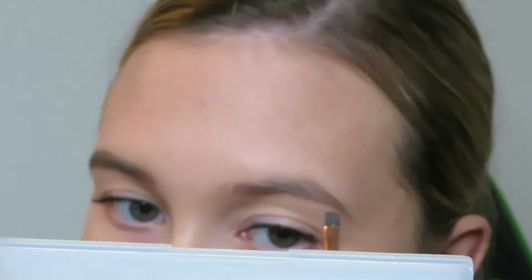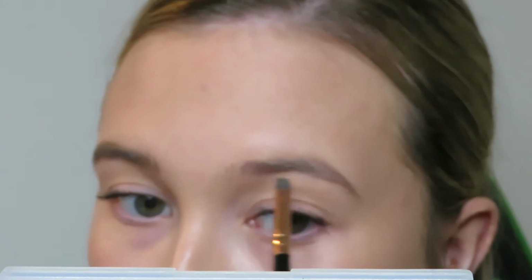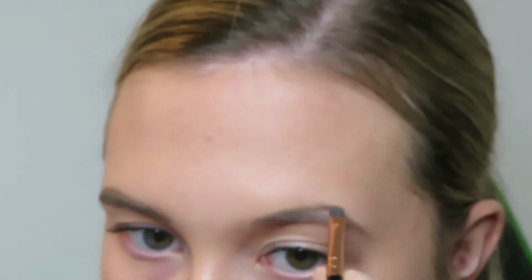Then for my left eyebrow I'm going to use the more defined. So I use the Anastasia Dip Brow Pomade. I use the one in Taupe, and then get a small angled brush. Start off with just the spoolie to brush it out. Get my angled brush, I like to get quite a bit of product. I don't do little, I take a lot, no. So back on there, I go from the start, sweep it out. So it's the same technique really, but I take my time more